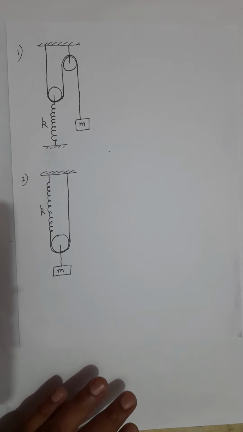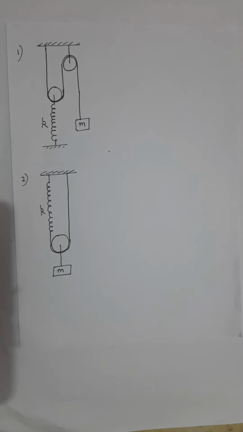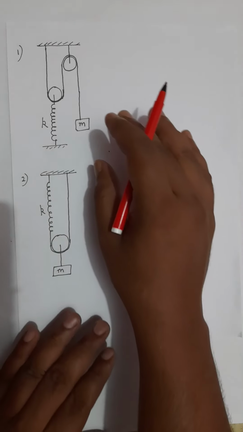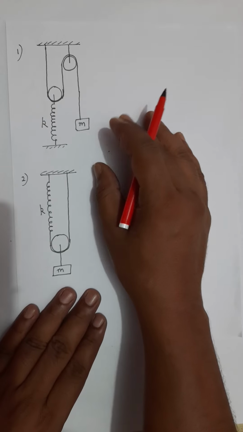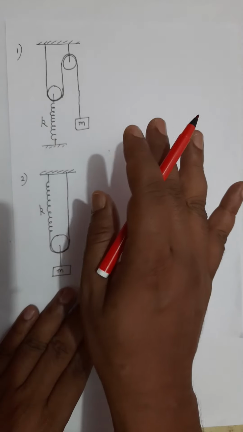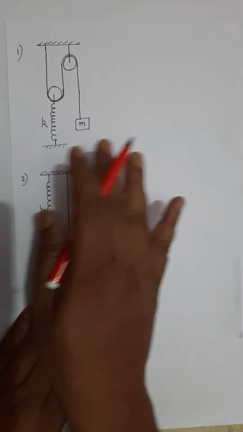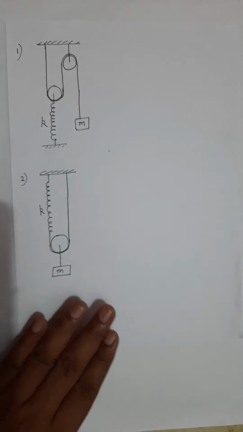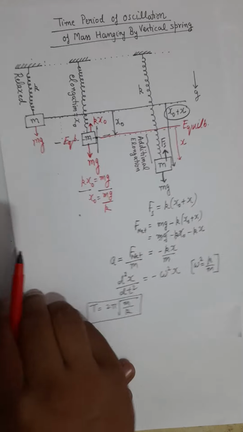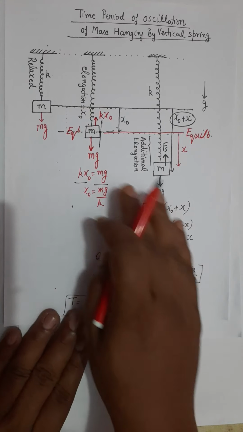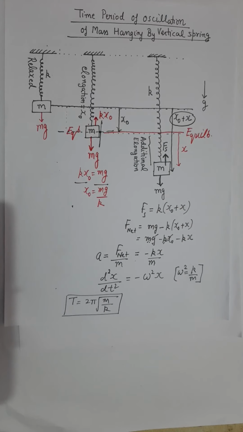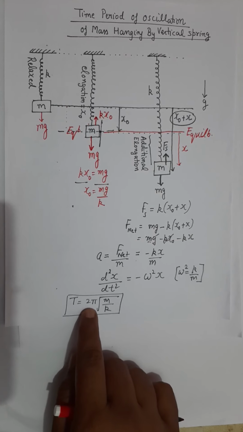And how can we do it in a faster way? How can you obtain the time period in a faster way? It is as follows. I am not going into detail of the question. I will not discuss where the equilibrium point is, all that. And the reason, as in the previous discussion, is that where the equilibrium point is has no role, no importance in calculation of time period.